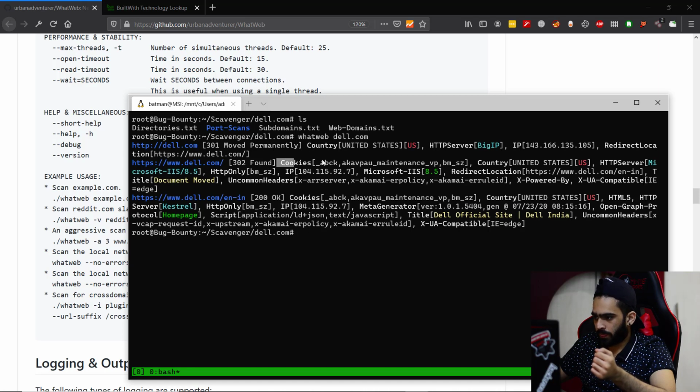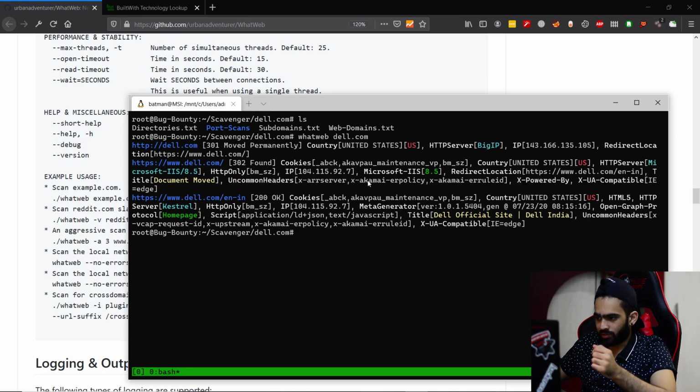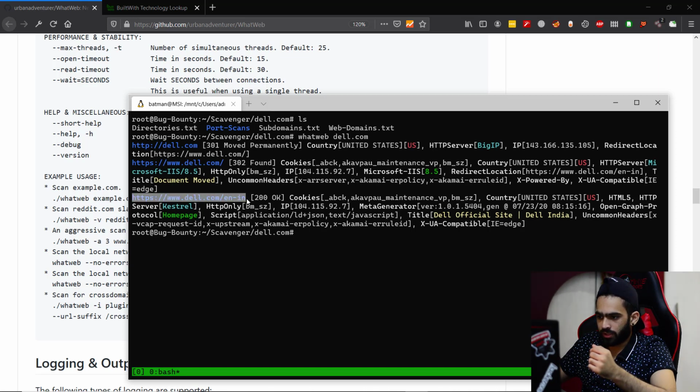302 redirect. The cookie, these are the cookie names, the country, server is Microsoft IIS 8.5, the version as well, IP address, again maybe another header for the server, the redirect location, and it also says that there are some uncommon headers you can check out, like X-ARR-server, X-Akamai-AR-policy, and by this we can assume that the server is using Akamai as a WAF, and then it finally redirects to dell.com, which is a